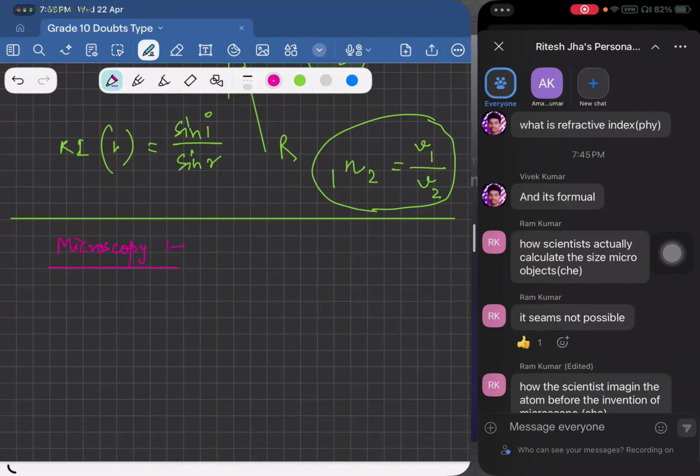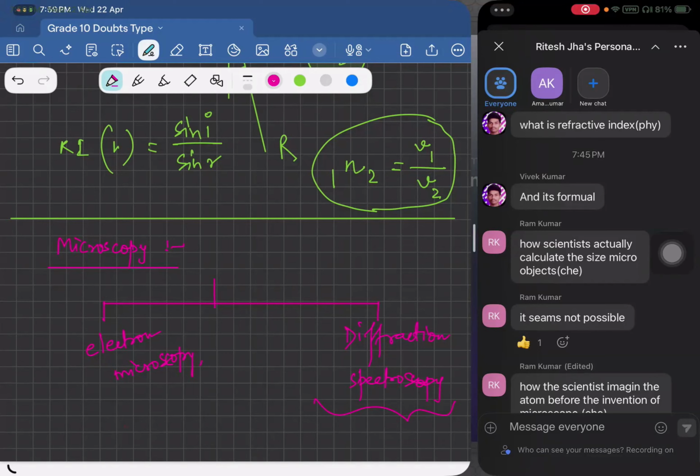So then there comes basically two types of microscopy. One is known as electron microscopy. In fact, this electron microscopy itself also comes under something called diffraction spectroscopy. This is something that they basically use to determine, not only the micro, in fact, they can go up to nano or pico.